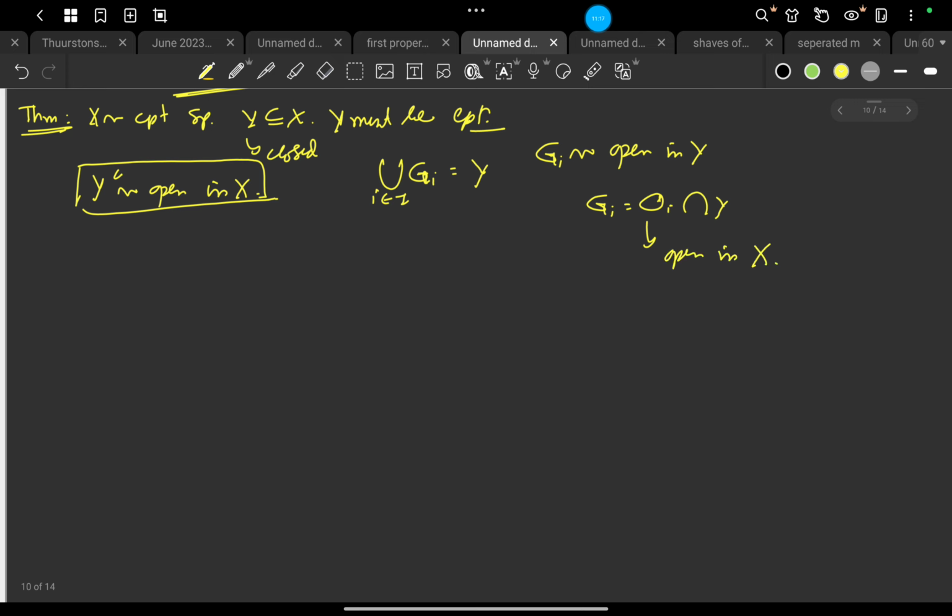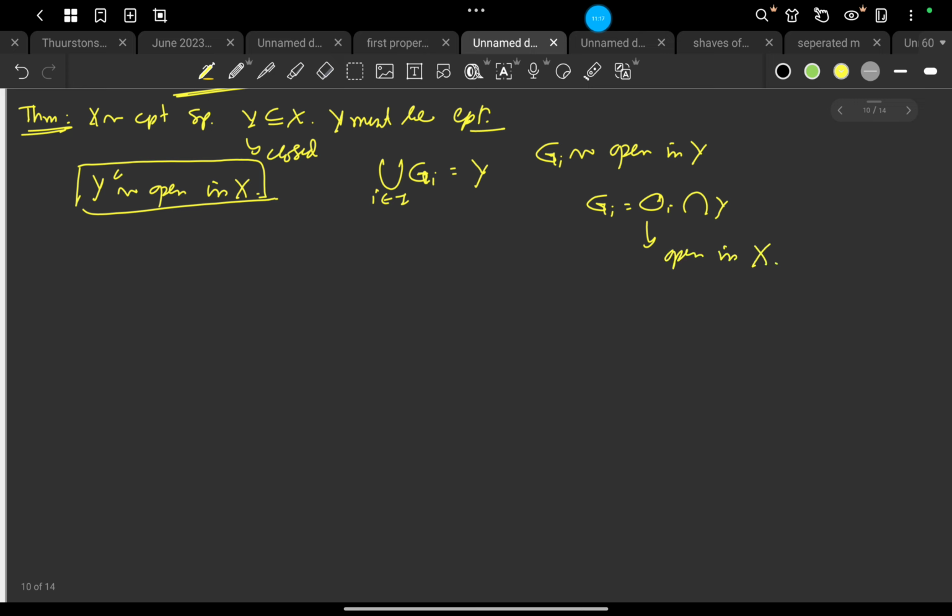So it is basically the same as X. So that means I get an open cover B, which is each Gi and the singleton Y complement. You just adjoin Y complement to the collection, and thus we can cook up an open cover.